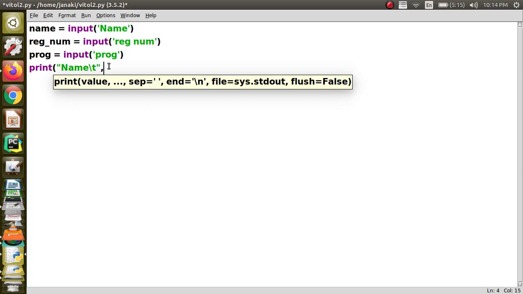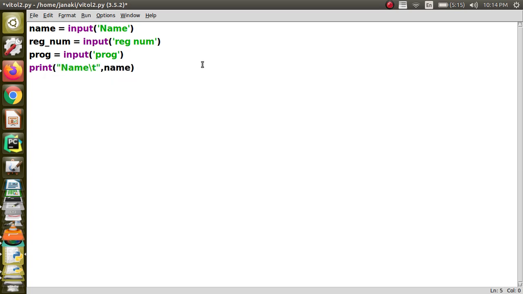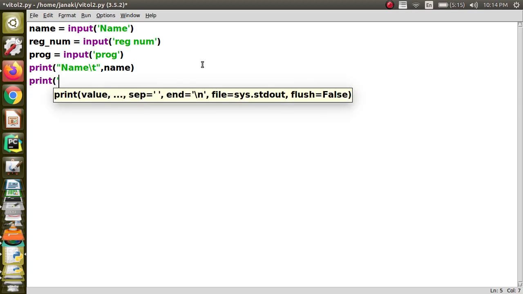And now I am going to say name. So name is the variable name, right? In the next line I am going to print the registration number.